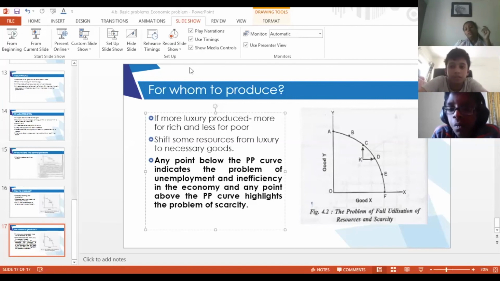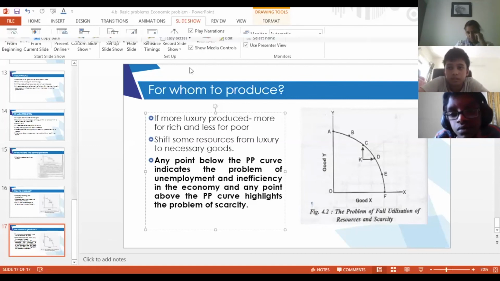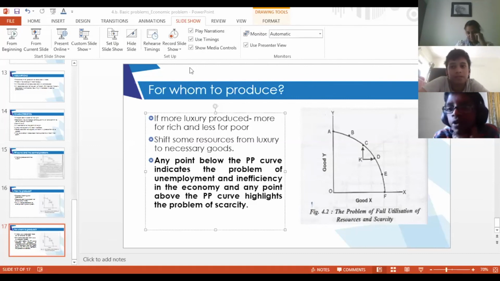Now, is it possible, it is not in your course, but just for your knowledge, since you will study it next year, is it possible that you can go beyond the production possibility curve? No, ma'am, it's not possible, because you'll have scarcity, because we have used all of the resources. Yes, ma'am, but we learned that there are actual resources and potential resources. If we have technological advancement and we can use those potential resources, we can increase our production,